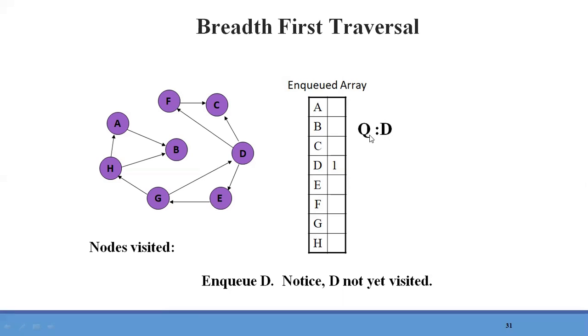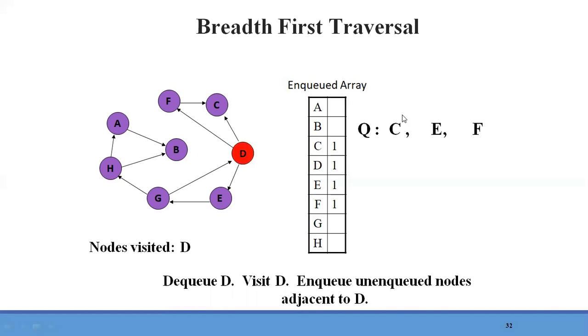So initially we are starting from node D. D is added in the queue. As it is added in the queue, we will make its entry equal to 1 in the array. But still it is not yet visited. As soon as we delete this element from the queue, that element will be added in the visited list. So now we have dequeued, that means deleted element D from the queue. That means we have visited element D, and now it has been added in the output. So dequeue D because we have visited D.